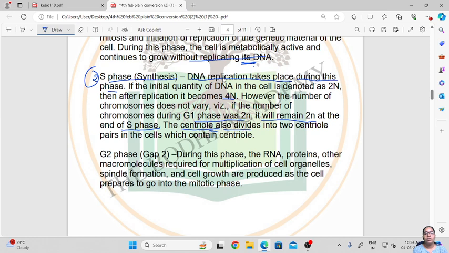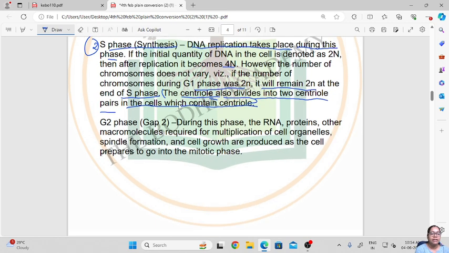centrioles also divide into 2 centriole pairs in the cells which contain centrioles. So over here the division of the DNA takes place. This is called the synthesis phase. And the third phase of the interphase is the G2 phase or the gap 2 phase. So first one is G1 phase, that is the gap 1 phase. Then comes your synthesis phase, that is your S phase, and then comes your G2 phase, that is the gap